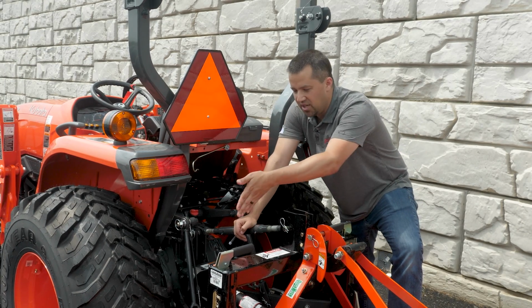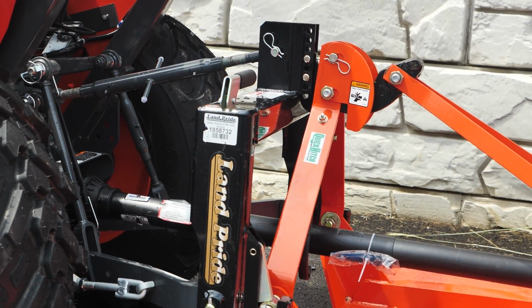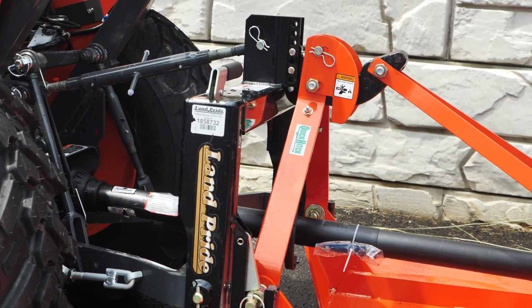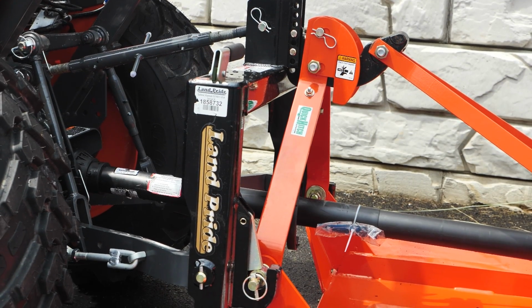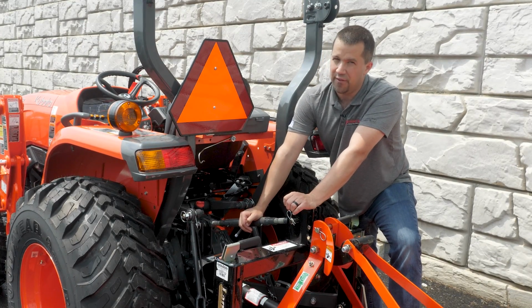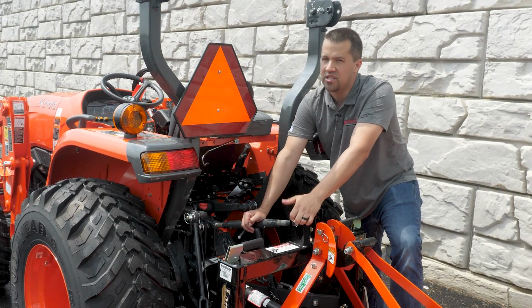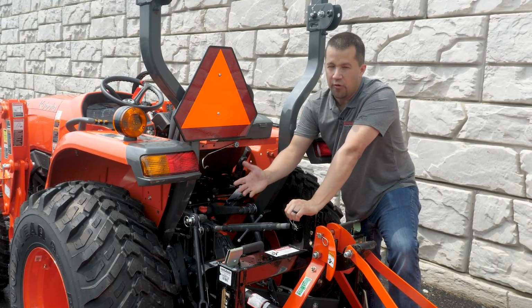You'll notice that this machine here is also equipped with a 3-point quick hitch. This is a Lamp Ride QH15. I have seen a couple of these tractors equipped with QH05s, the cheaper quick hitch. It's a lot less money, but it's a little light duty for this size machine. So I'd encourage everybody to look at a QH10 or a QH15 class quick hitch for the back of your